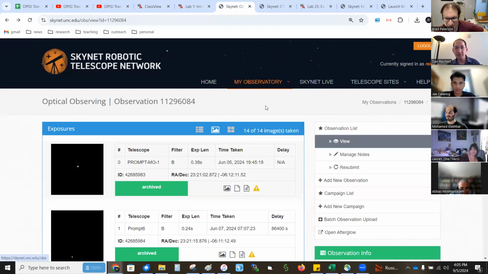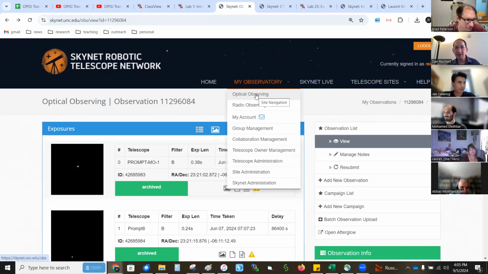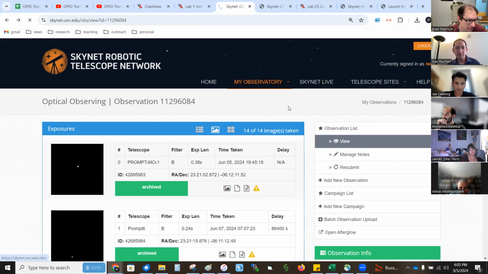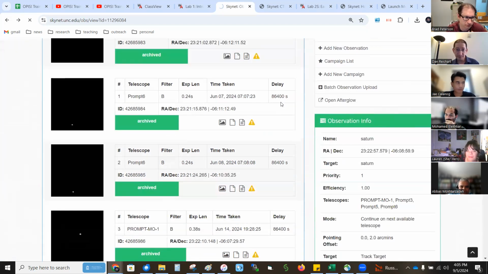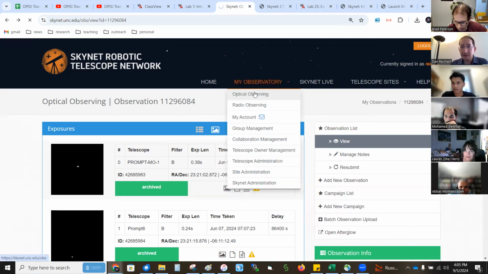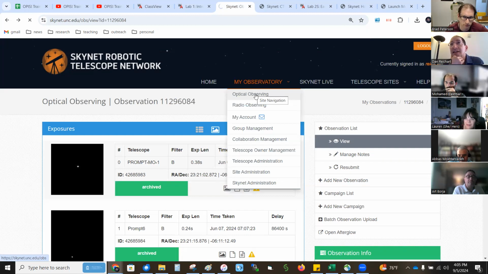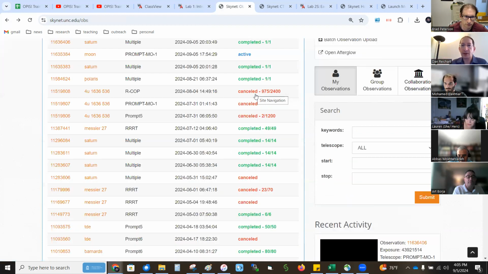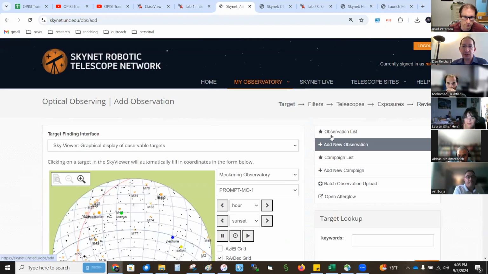I'm going to put a new observation in. Please load a little faster than before. Maybe if I just hit the back page. So the moon is a little different because they're going to position the field of view on a certain part of the moon. This delay is just killing me here. And so for that, you have to pick a single telescope. Here we go. Add a new observation.